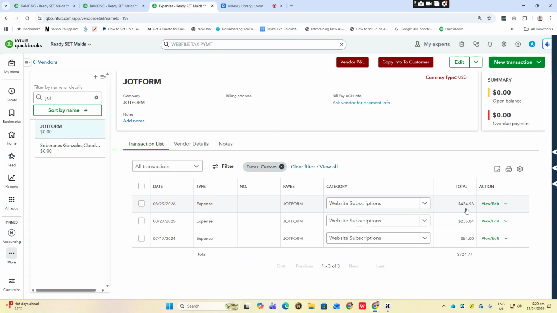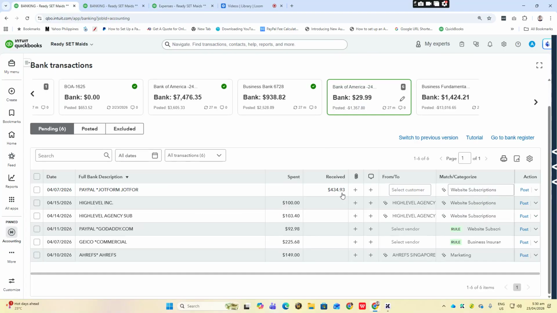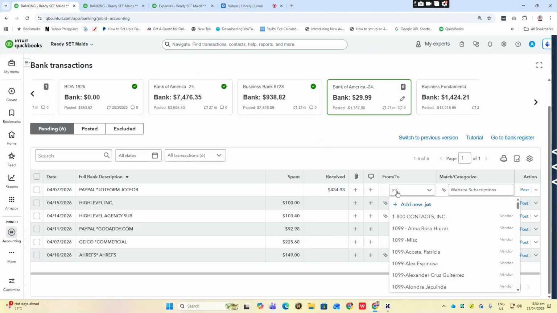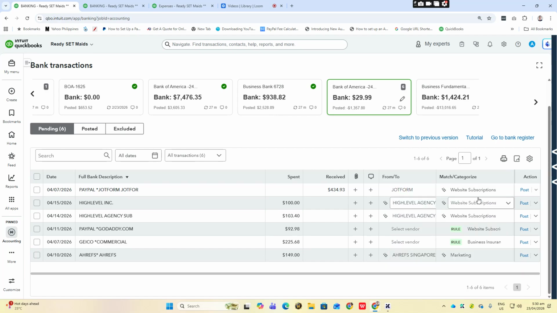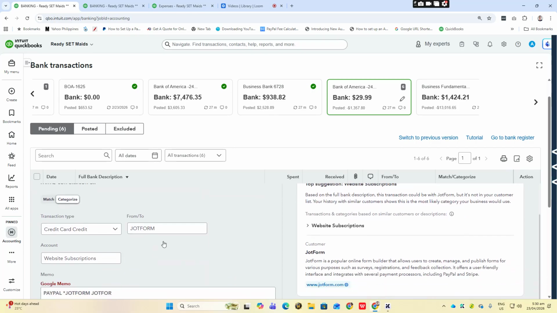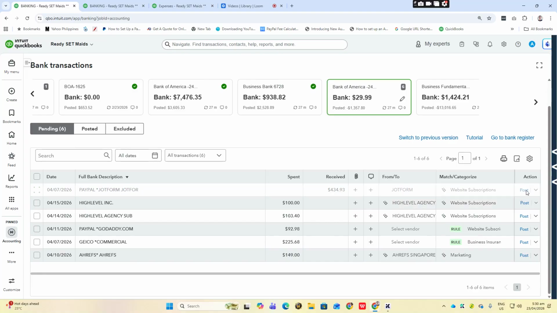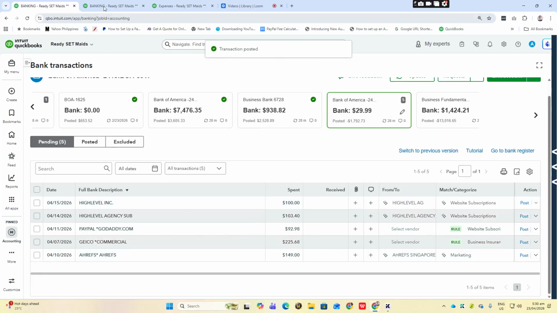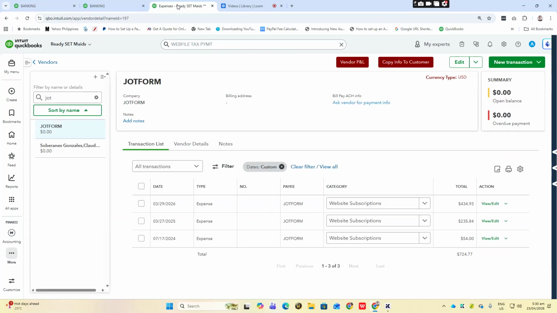So there's an expense. So there's a reversal entry. Okay, so Jotform. So this one, website. So this is credit card credit, right? Okay, post. And then next is we have high level.